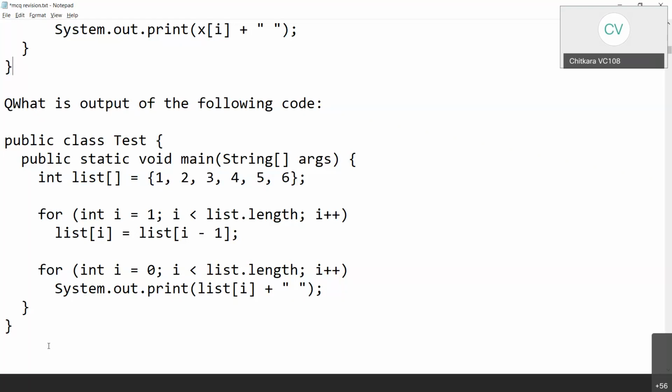So what is list[i]? It is 2. Okay, and that 2 should be assigned to list[i - 1]. What is i? It was 1. 1 minus 1 is 0. So at the 0th position, you should get list[i]. So think about it and solve it.